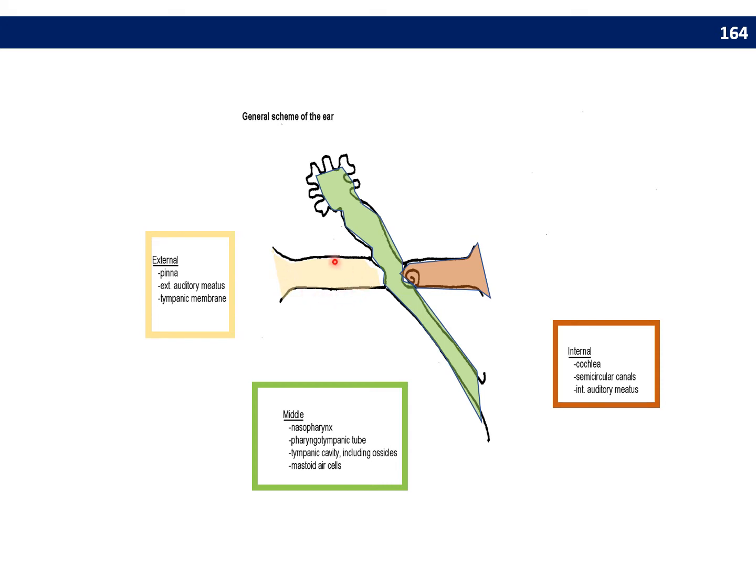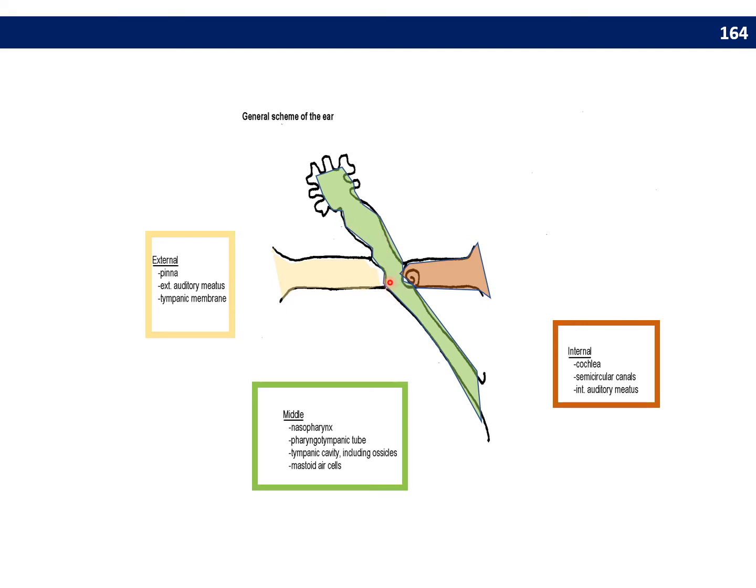The external auditory meatus is largely innervated by the auriculotemporal nerve off of V3, or the third division of the trigeminal nerve, as well as some vagus contributions, particularly on the inferior part of the external auditory meatus and ear canal. The middle ear, its innervation is largely via the glossopharyngeal nerve, which makes sense because that middle